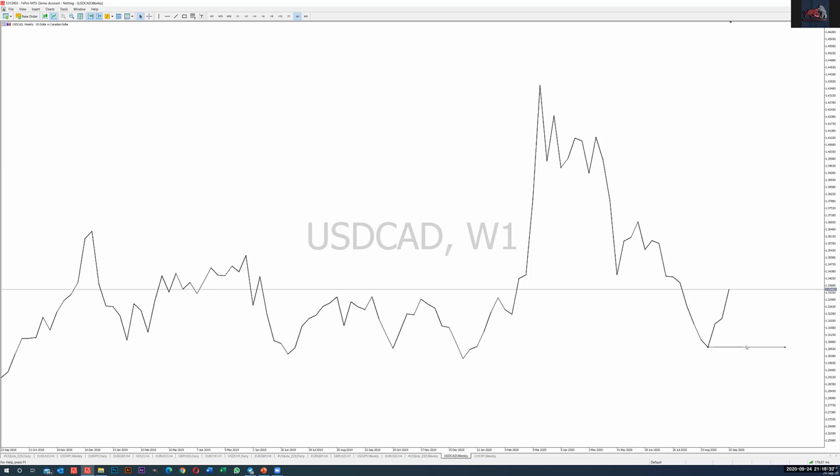Right. Now, can you see the difference with the USD CAD? We don't have a higher high formed here where we can place the second line. Can you see we don't have that? Right. What you do now, once you have marked the lower low that was formed, before you put the